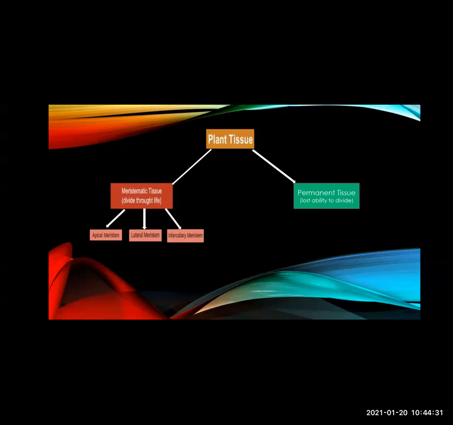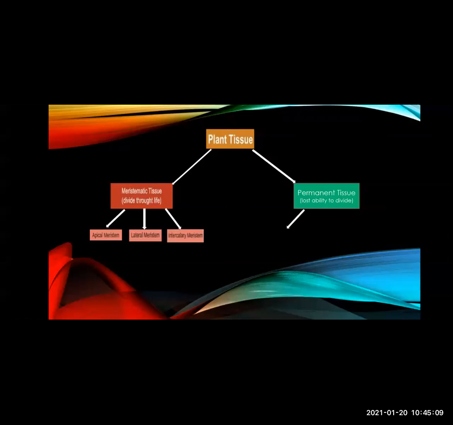Then the next type is permanent tissues. Now, what are permanent tissues? Some of the meristematic tissue, after acquiring proper growth and shape, they stop dividing further and they keep on performing particular function throughout their life. Such cells which lose their capability to divide, redivide, and differentiate are known as permanent tissues.